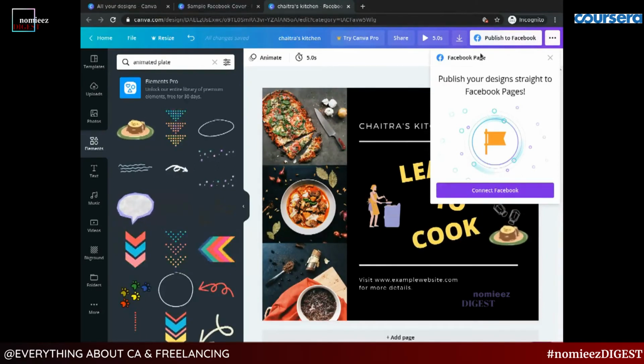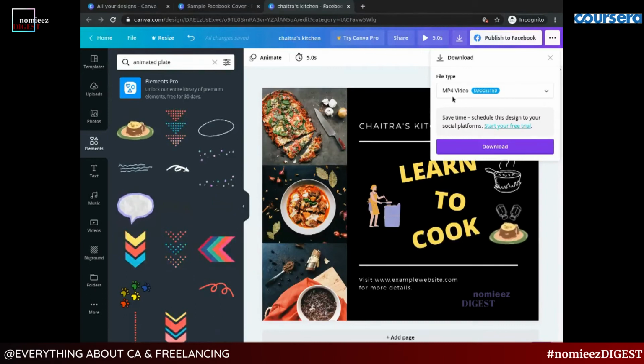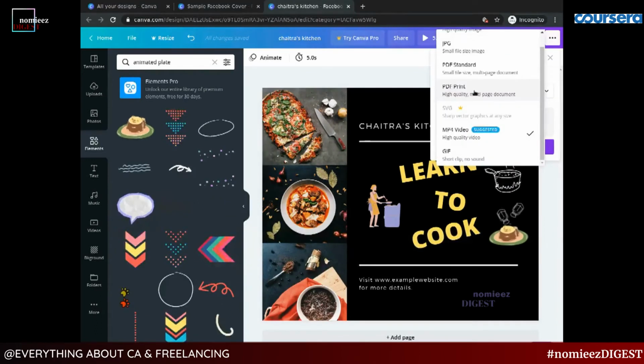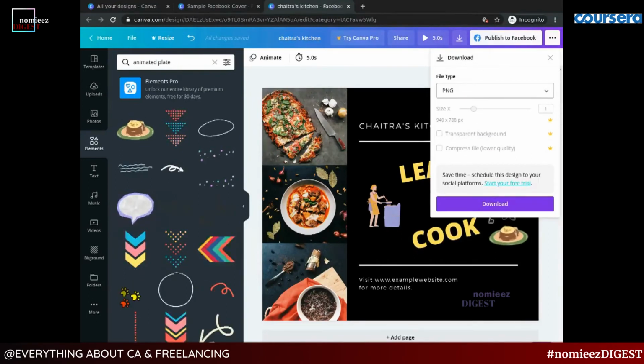Or else there is one more option. You can click on this download option. Here, since I'm using animated images, you have to download it as an MP4 video and click on download. If you don't want the animated images to show up, you can click on PNG and click on the download button. Before doing that, let's rename this